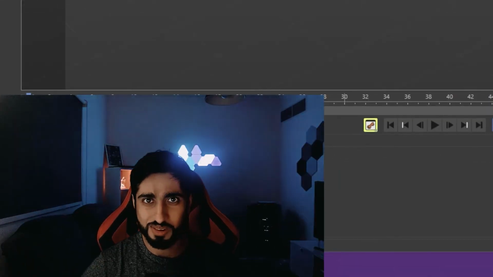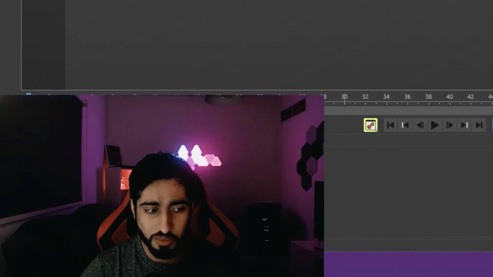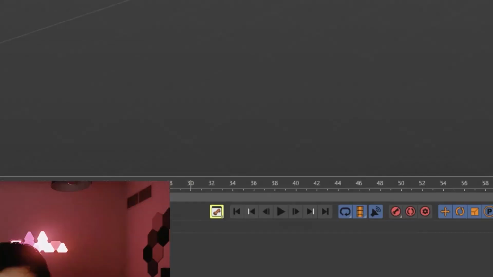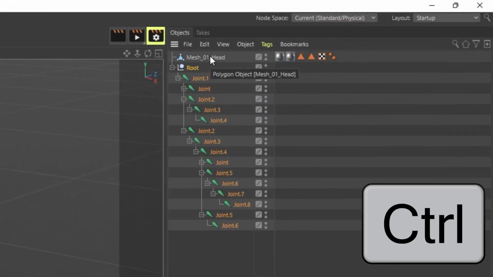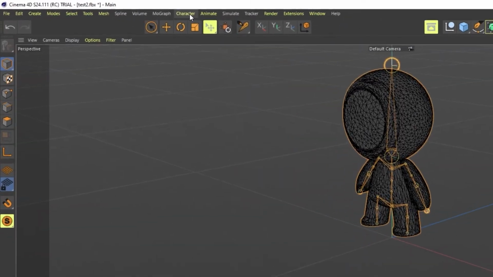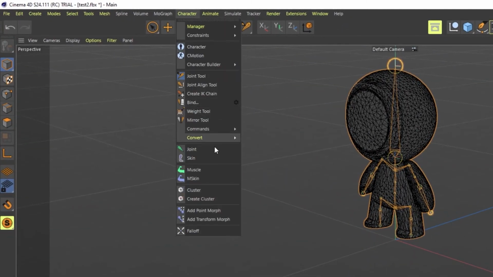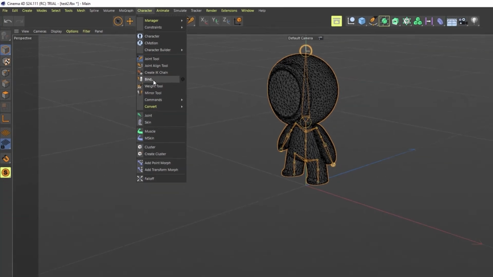If someone doesn't know what we are doing, he will say, what? Why are we selecting children? But it's okay. We'll click the control button and choose the mesh. Now we will go to character and bind. Sometimes we find bind under the command tool, but I don't know why my bind is outside, but we will bind